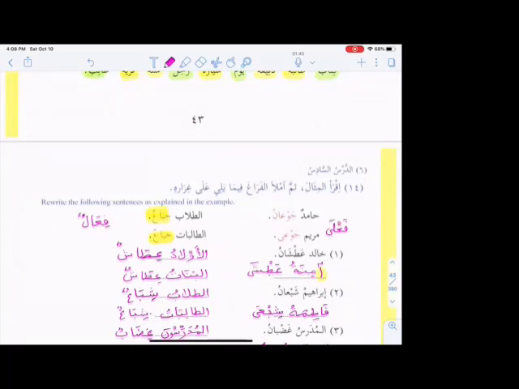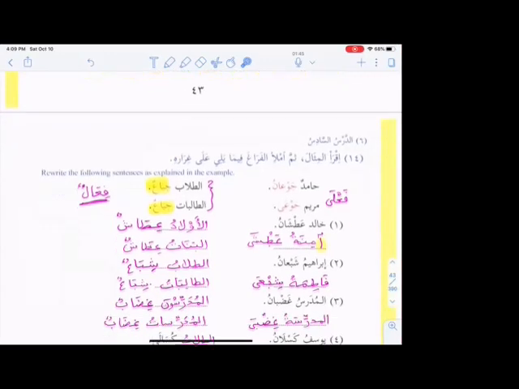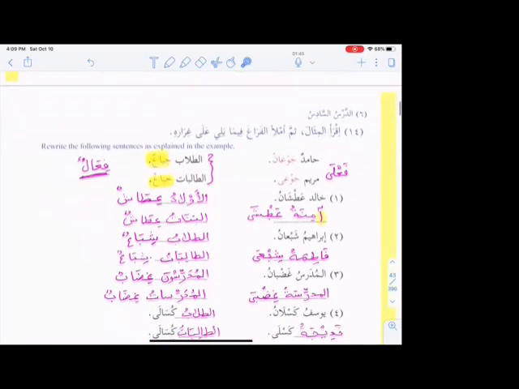But for both muannas and muzakkar, it is only one. Hamidun Jaw'anu Atullabu Jia'un. Maryamu Jaw'a and Talibatu Jia'un. Khalidun Atshanu Al-Awladu Itashun Al-Aminatu Atsha Wabanatu Itashun. Ibrahimu Shab'anu Atulabun Shiba'un Fatimatu